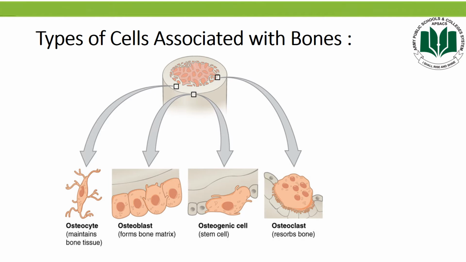Osteoblast is basically the bone forming cell while osteoclast is the bone destroying cell. So that means osteoblast is responsible for forming new bones. Osteoblasts synthesize and secrete a collagen matrix and calcium salt and secrete unmineralized ground substance and form the new bone. That's why the osteoblast is called a bone forming cell.